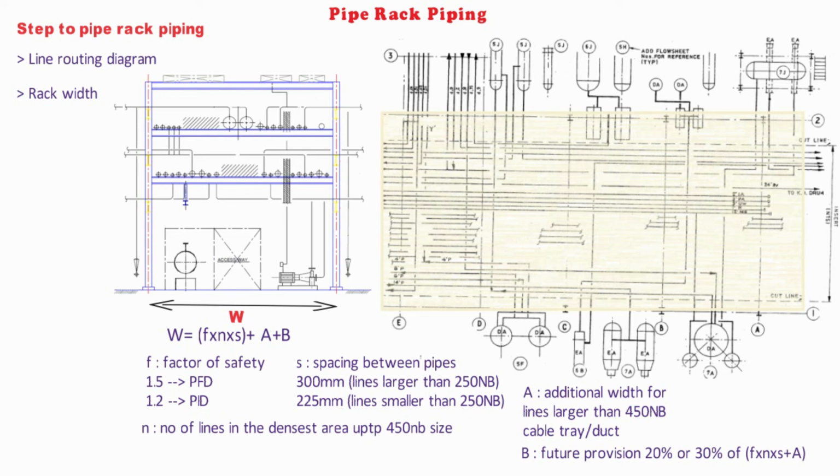The width of the rack shall be 6 meter, 8 meter or 10 meter for single bay, and for double bay it would be 12 meter, 16 meter and 20 meter, which has 4 tiers maximum. The spacing between pipe rack portals shall be taken as 6 meter in general. However, it can be increased to 8 meter depending upon the size of the pump to be housed below the pipe rack. So guys, that is a wrap up for part 1.